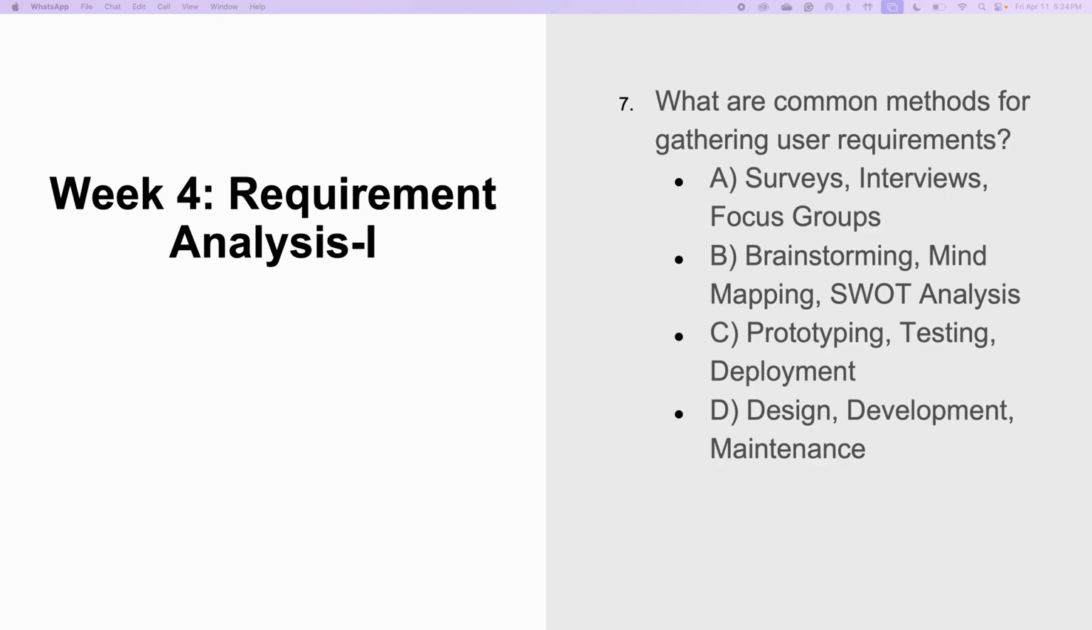Okay, and why are B, C, and D incorrect? They're like using the wrong tools for the job. Brainstorming, mind mapping, and SWOT analysis are great for idea generation and strategic planning, but they don't directly gather users' requirements. It's like trying to build a house without asking the future